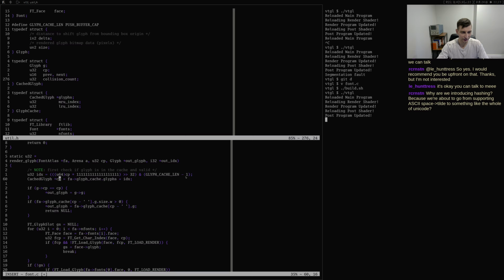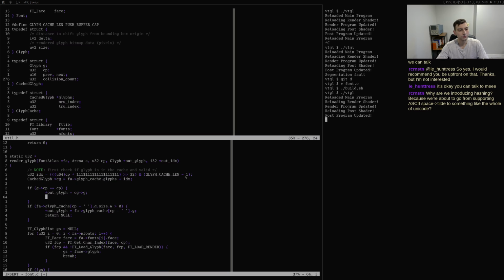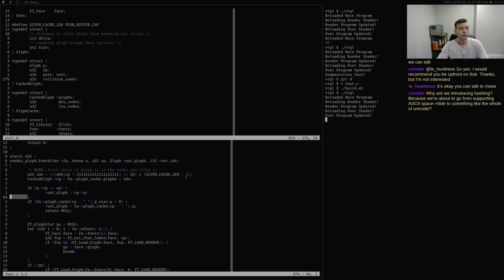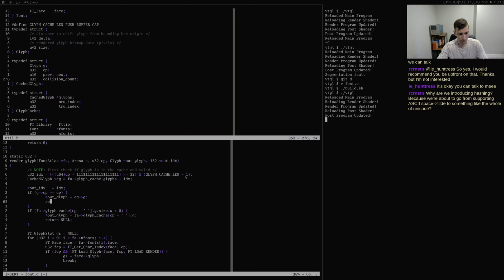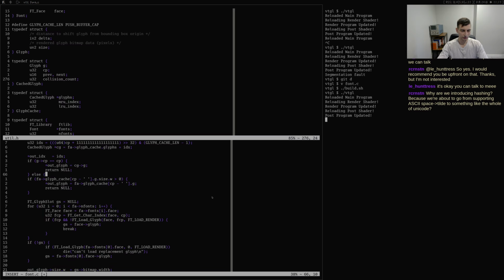Let's call this CG. Well, out index is always going to just equal the index, so that's okay. We'll do that for now. So that's good. Else,